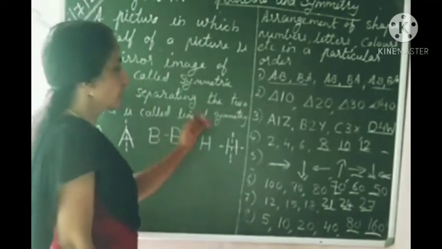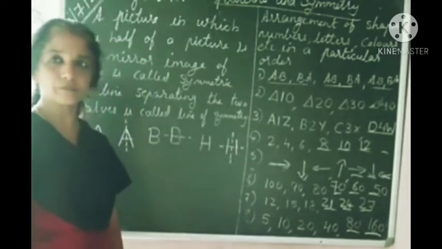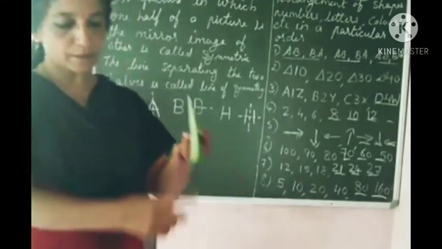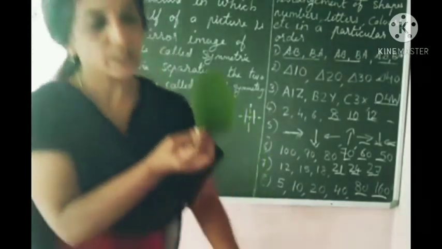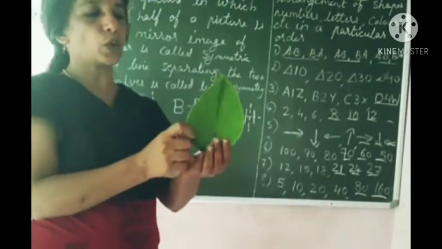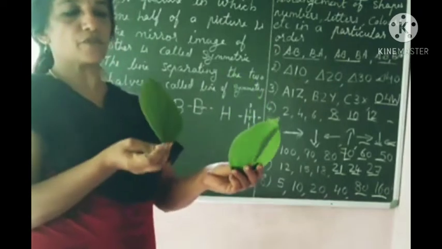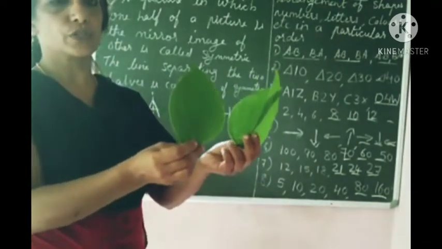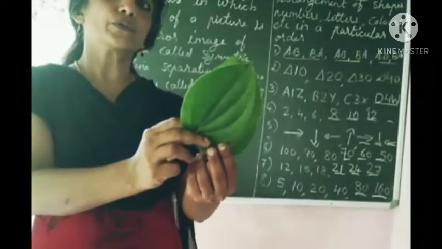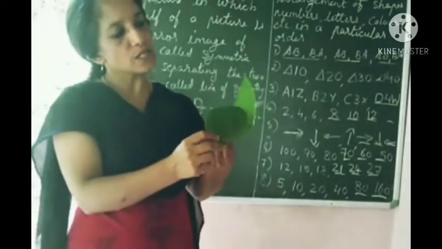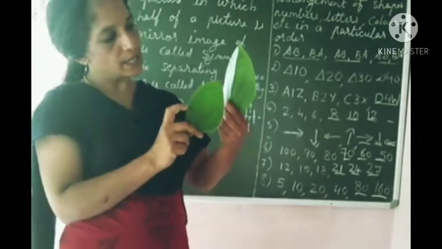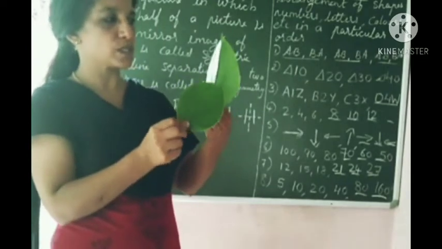These are the examples of patterns. Next we will study symmetry. Look at this picture. This is a leaf. I can cut this into 2 equal portions. Look here, the same one I cut into 2. This one is a full leaf cut into 2. Can you say both of them are almost equal? Yes, the lines and the shape are almost the same.